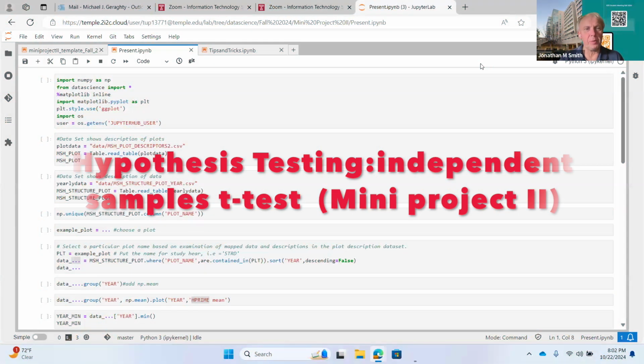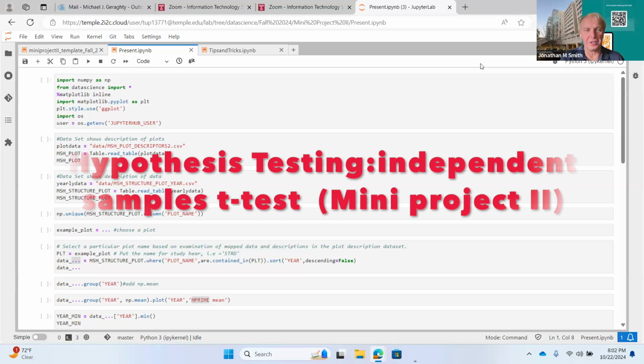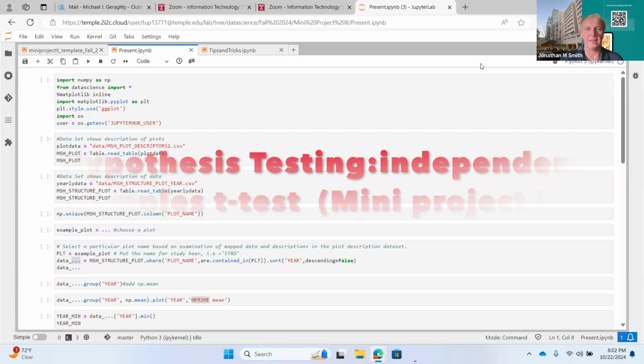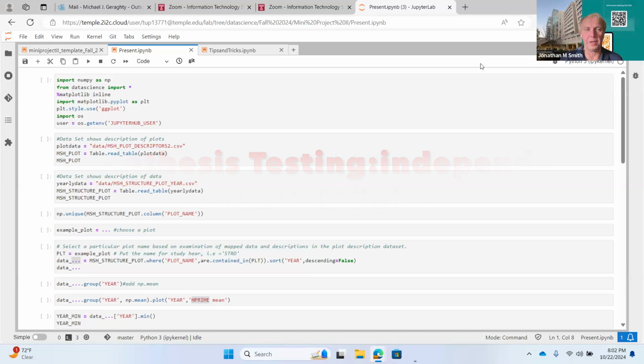Okay, so here we are, tips and tricks. We're very fortunate to have the opportunity to go through the second mini project. This is an exciting project because the data set is very nice and the techniques complement nicely with what we've